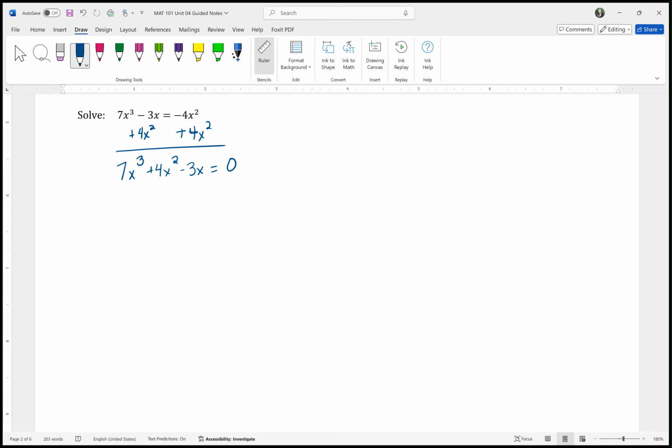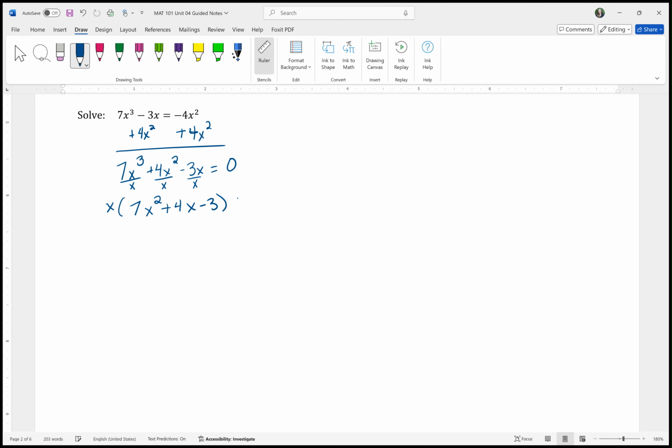Now, later in this course, you're going to see how to do factoring a cubic when we have 4 terms and a constant that we tack on here. But here, we can use our previously known factoring methods. And so, again, you notice that all 3 of these terms have an x in them. That is a common, greatest common factor, or GCF, that we can factor out first. So we're going to take just an x out of this whole thing. That means you're dividing each one of these by x, and that's going to give us 7x squared plus 4x